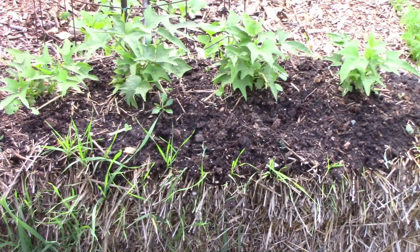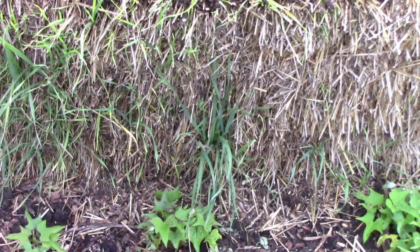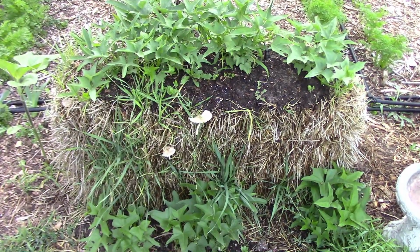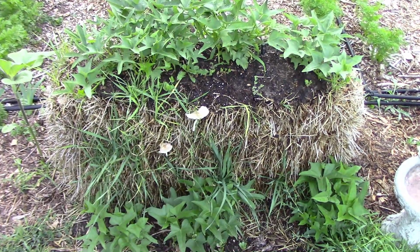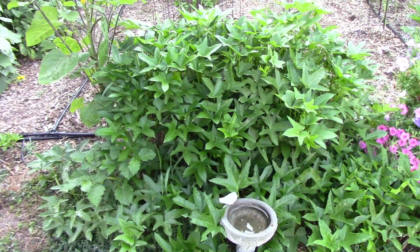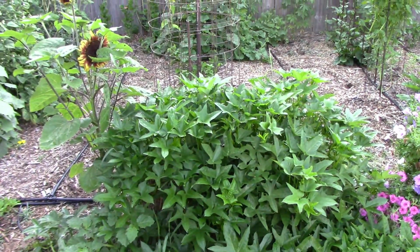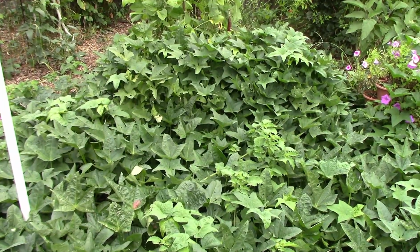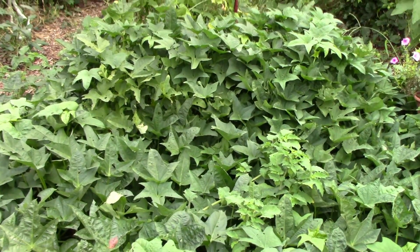In this bale, I planted 4 slips in the bale and 3 slips in front of the bale. This is what they looked like on June 4th, and as you can see, they're just getting started. This is what they look like a month later on July 6th. By September, the bale had disappeared and the vines had sprawled out in all directions, and it was time to